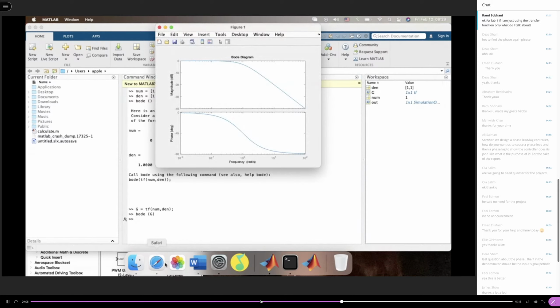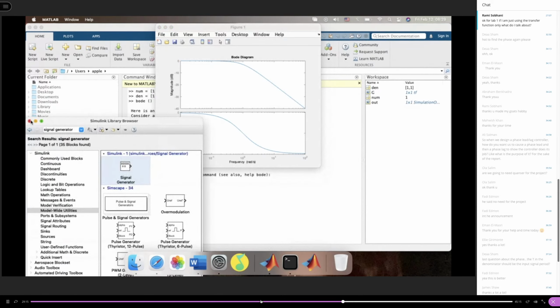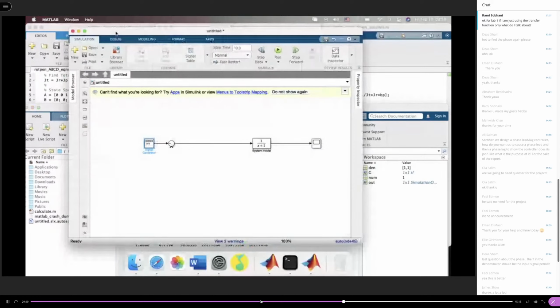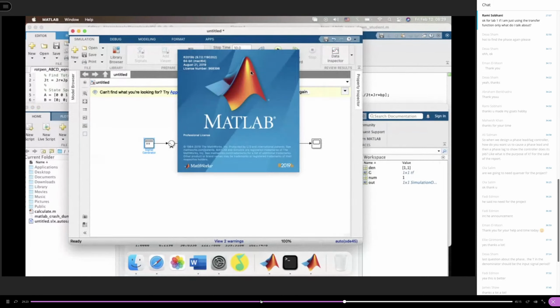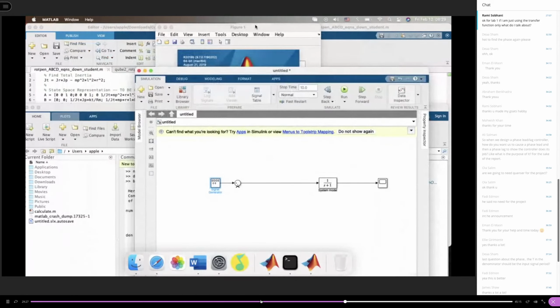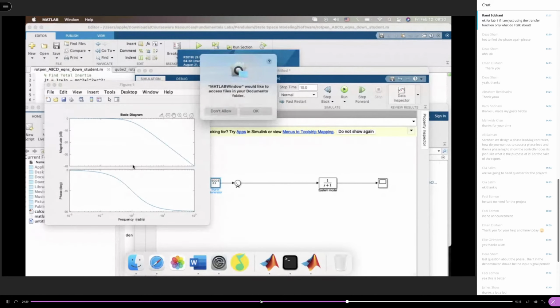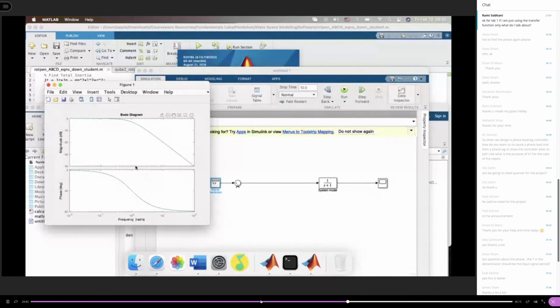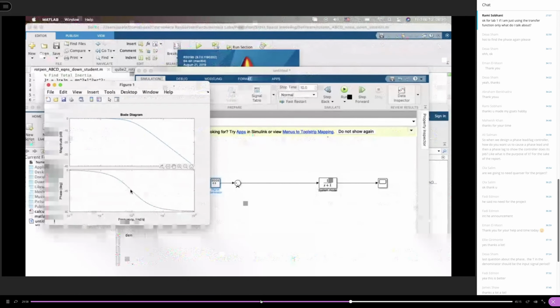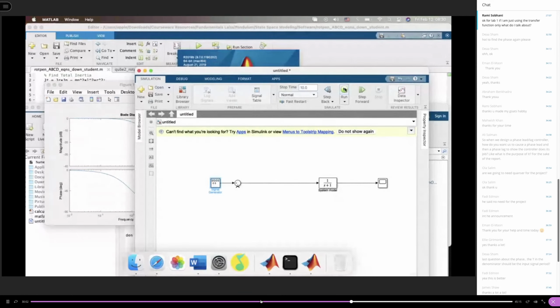All right, so if I have the transfer function of this system here, and let's say from the Bode plot, you can see that if I have a frequency of 1 radian per second, the system gain for this one is going to be -5 dB, and the phase lag here is going to be 45 degrees. And so if I run this simulation here,